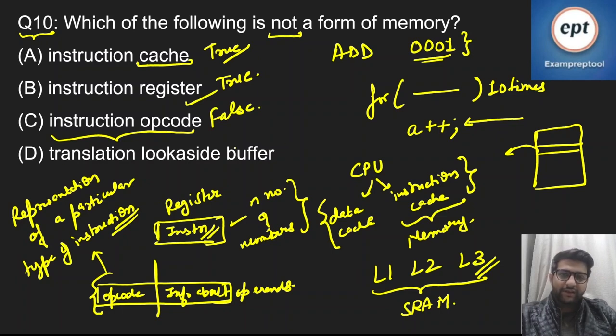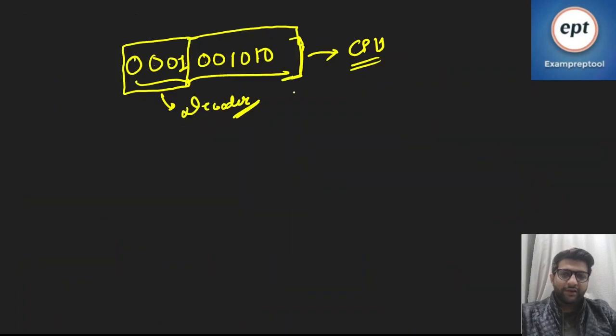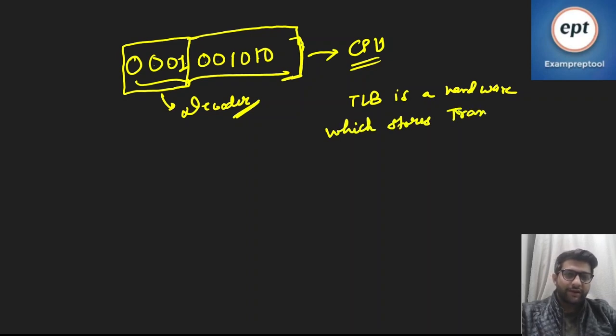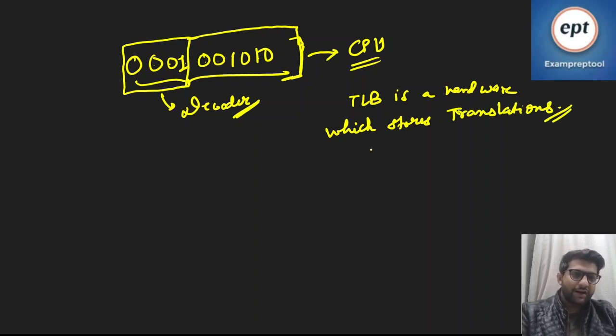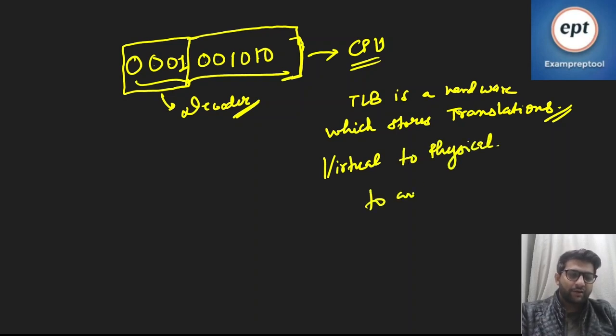And option D is saying translation lookaside buffer. This is true. This is also a hardware. So TLB is a hardware which stores translations, right? What type of translations? So if you have gone with the OS RIC course or the OS complete course, you know that TLB stores translations from the virtual addresses to physical addresses, right? To avoid